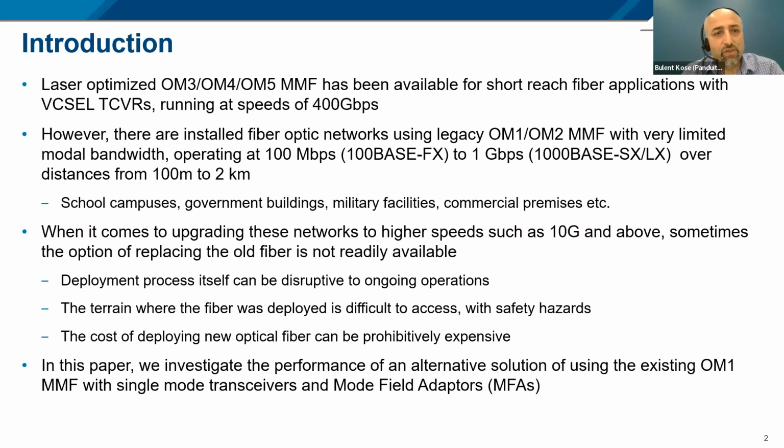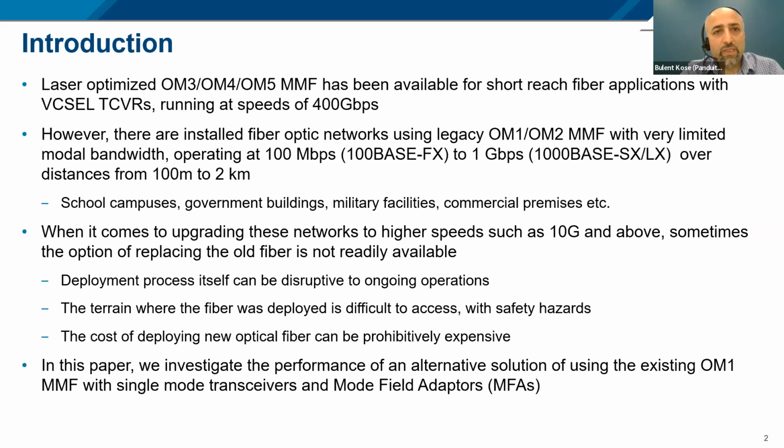And these are installed in school campuses, government buildings, military facilities, commercial premises. So they do exist. So one of the things we had recognized is that these existing, low bandwidth fibers that have been used